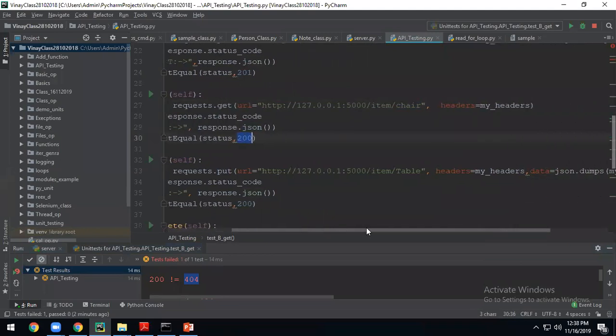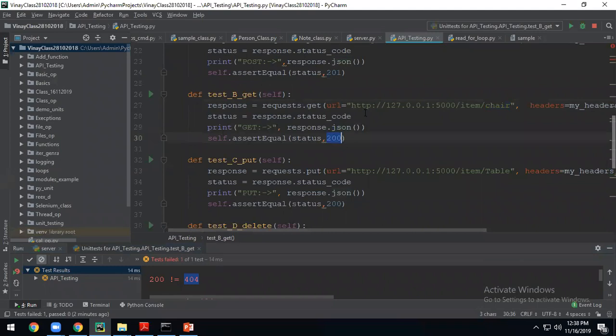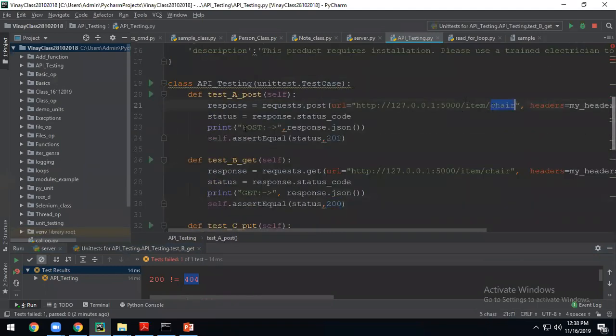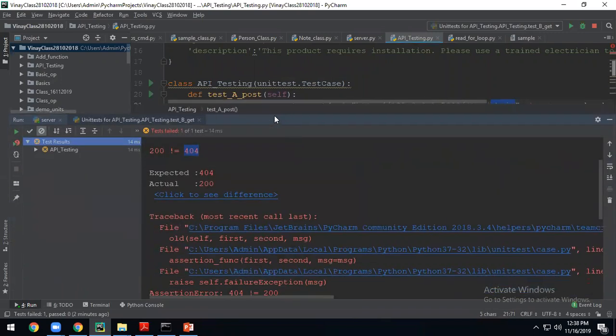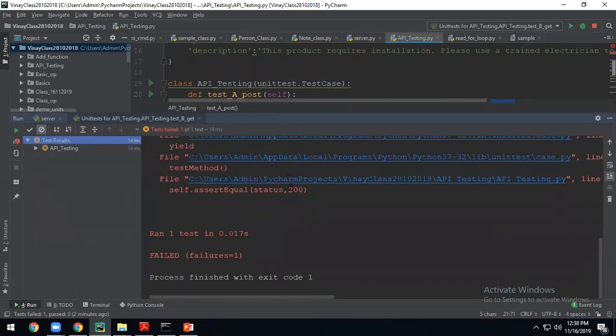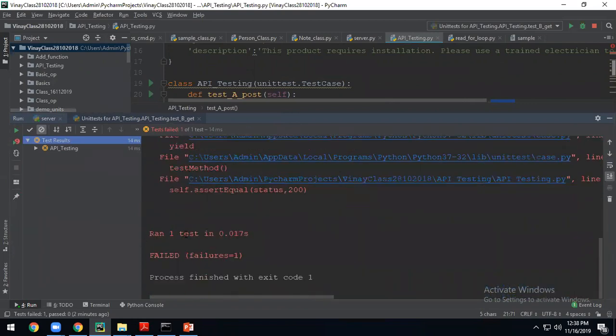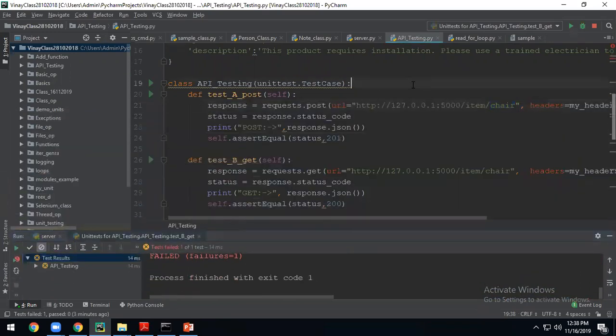So looks like some problem has happened. Chair you would have added here. Okay, let's see the output of this one. Why only get method is coming? Oh, it has executed only one method actually. Okay, that's the problem. Somehow it has executed only one method. Not all the methods have executed.